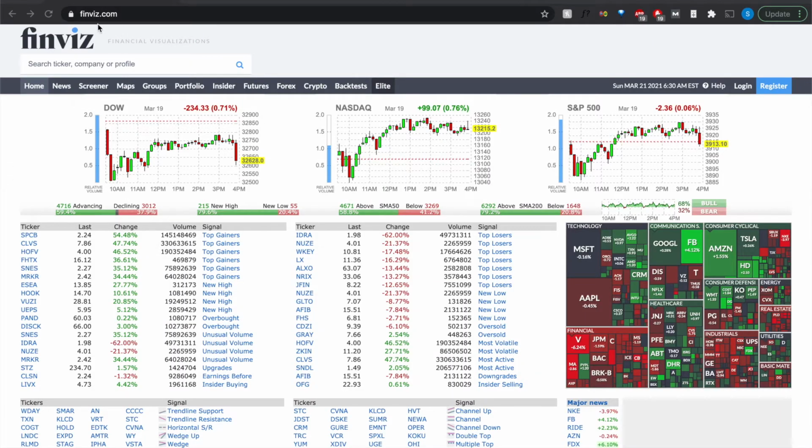So this is the Finviz platform that I was mentioning earlier. And we are going to basically use the stock screener that is available here to find the stocks that are available on sale or are trading at a discount right now. So you can go to the screener here,